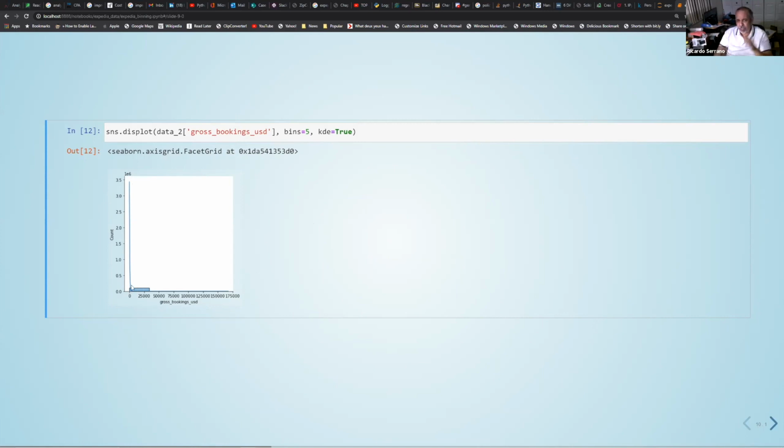And because it's so slim, you cannot see that there are outliers everywhere until this number, remember that number of maximum $160,000? Okay, so you'll see all these values where the frequencies are very small, so you cannot see it. And that also impairs us to really visualize what is going on with those numbers.